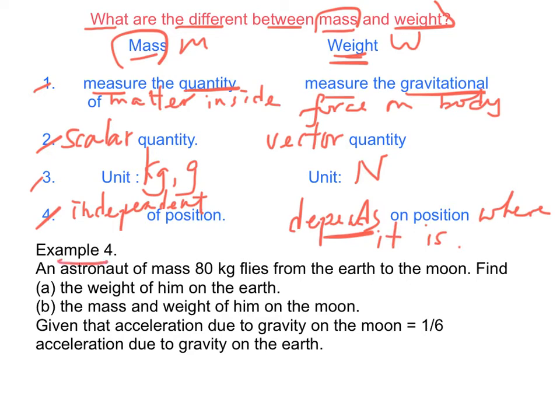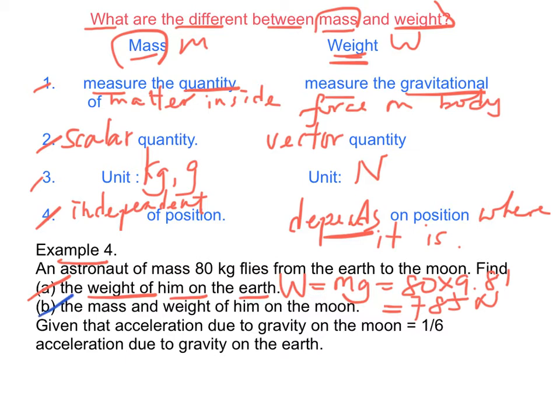Example 4. The weight of the man on the Earth, W, equals mg, equals 80 times 9.81, which is equal to 785 Newton. For part B, when he is on the moon, the mass of the body is the same, which is 80 kg,